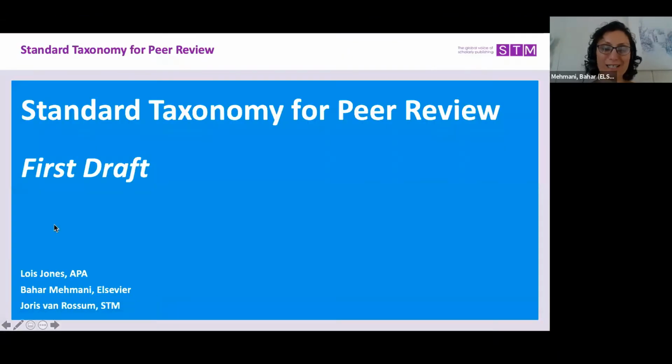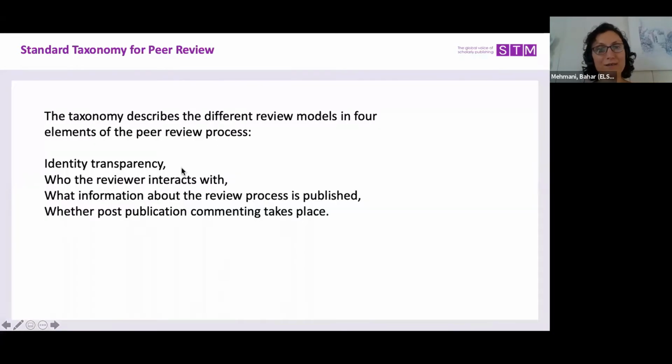Right, absolutely. So talking about taxonomy all the time, maybe it's a good moment to also mention what this taxonomy is about. Well, the document itself describes the different review models in 4 elements of the peer review process. So we thought we could map out the peer review process from submission of the manuscript as a starting point and go all the way through the decision making and upon publication, maybe afterwards post-publication peer review.